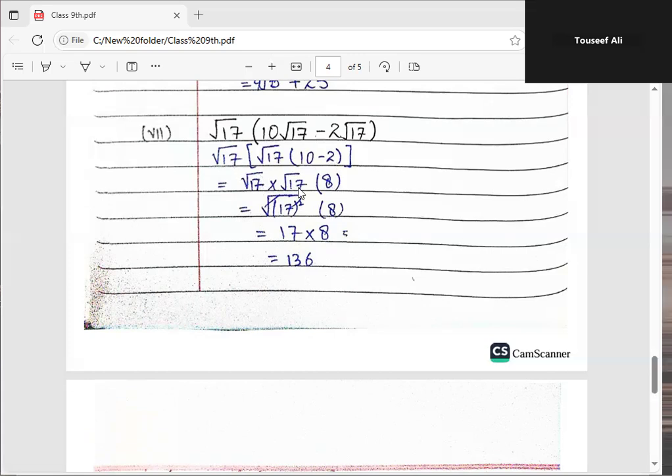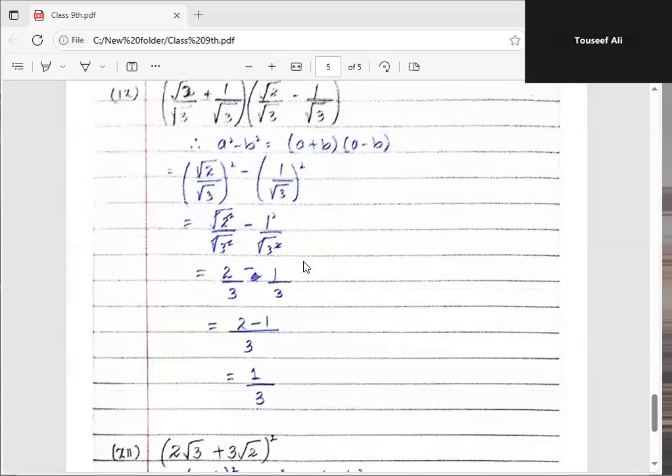These root 17s multiply each other, then it becomes 17, and square and square root cancel. The remaining term is only 17. 17 multiplied by 8 is equal to 136. This is the required solution, and this is the simplified form of this question. Now the next question is